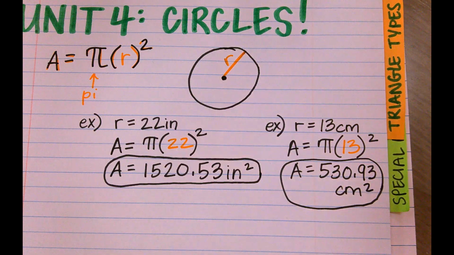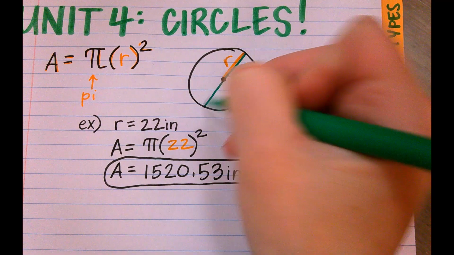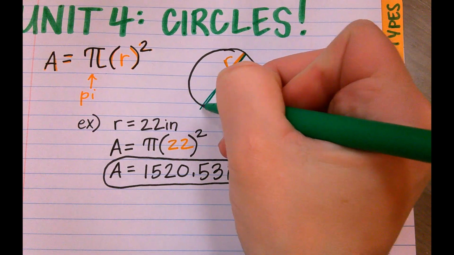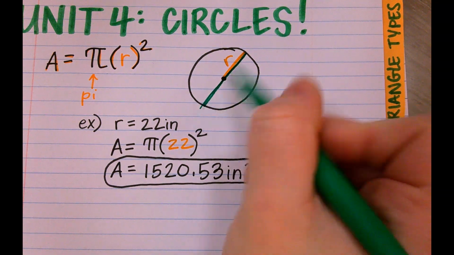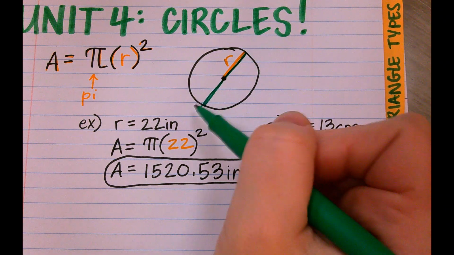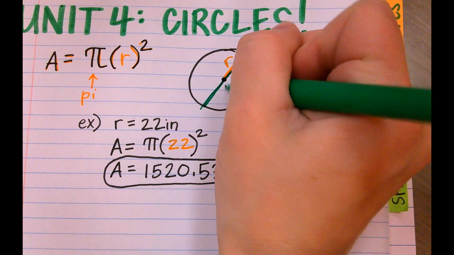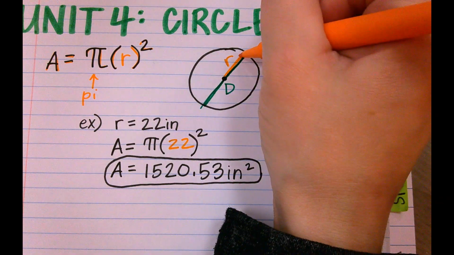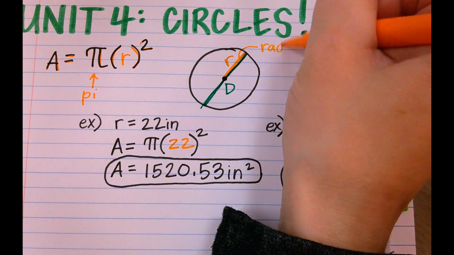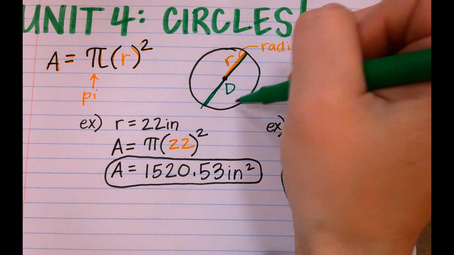Sometimes we're going to be given this measure. Draw a line that goes all the way through the center from one side to the other. Does anybody know what this measurement would be called? The diameter. We use the capital D to measure diameter. Let me just label here. Radius. And D is